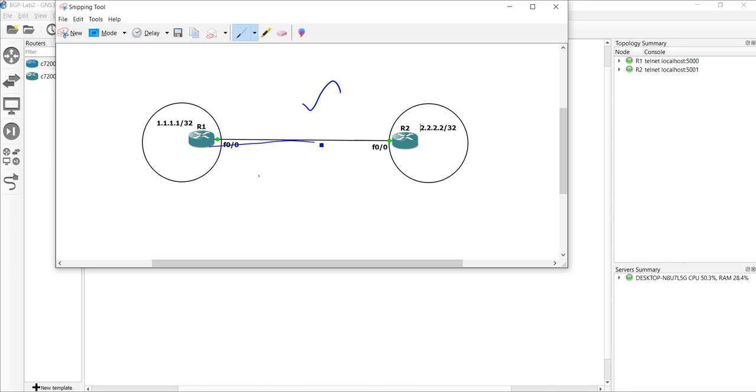What if I have another wire? If you have another wire, you will have another address. For example, if this is 11.0.0.1, 11.0.0.2, and this is 17.0.0.1, 17.0.0.2,